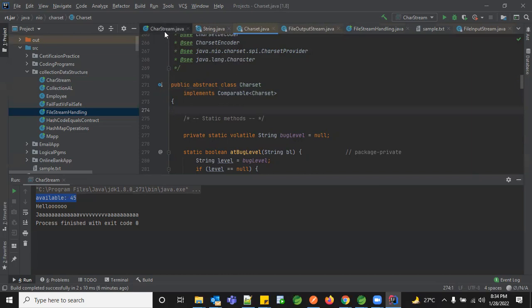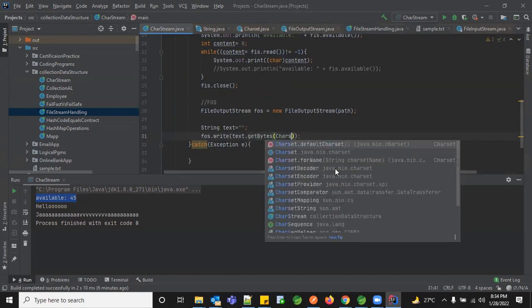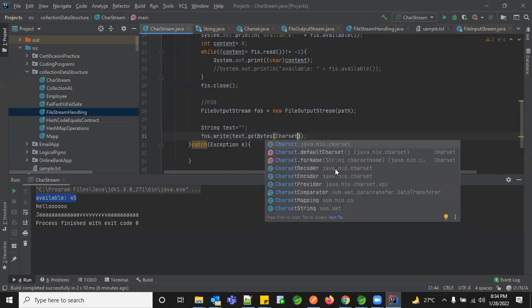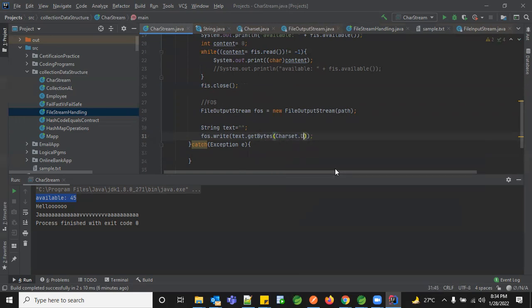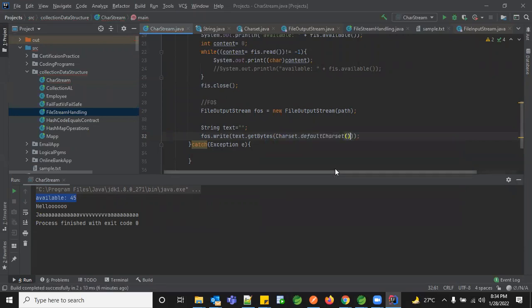So in our case, in the getBytes, we are going to give the charset. I'm just going to give the default charset, and the input is "learning IO".